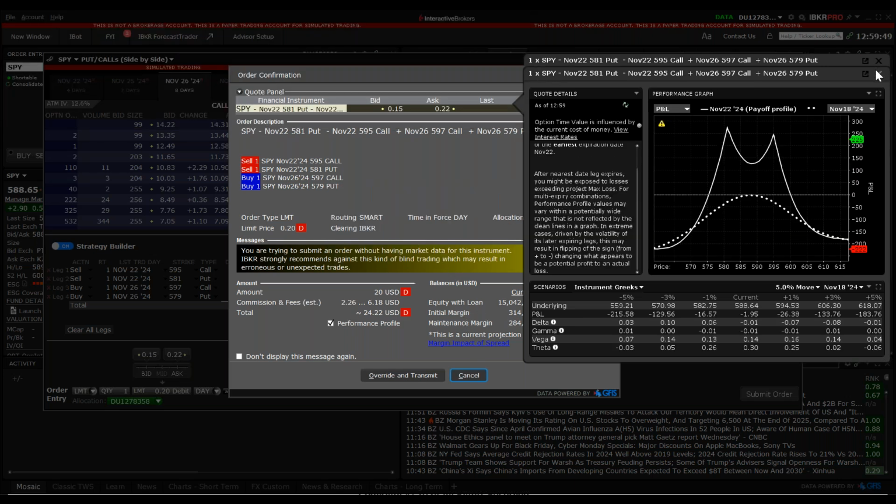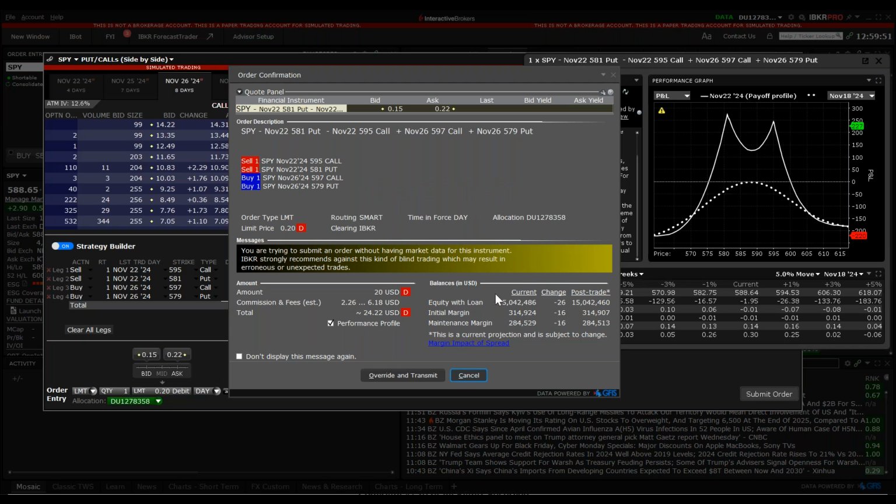See if we can get rid of that profile real quick. There we go. All right, so it's costing me $16 there in maintenance. Now it should be, see, maintenance. Let's see what it says there. 20, that says 20. Now, that would be wonderful if Interactive is going to charge 20 bucks to do this trade. I think it's going to be a little bit more.